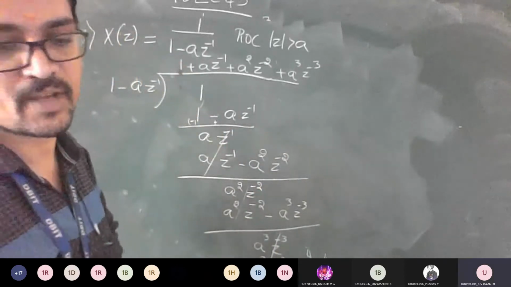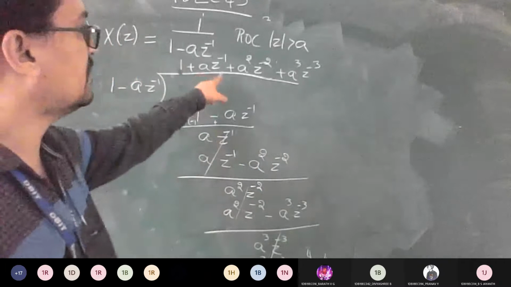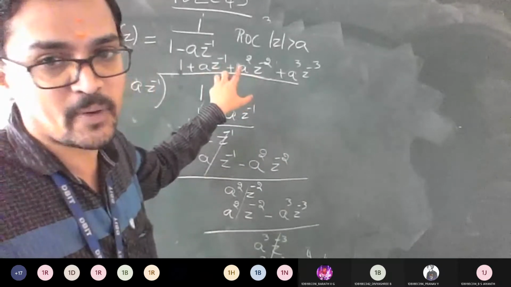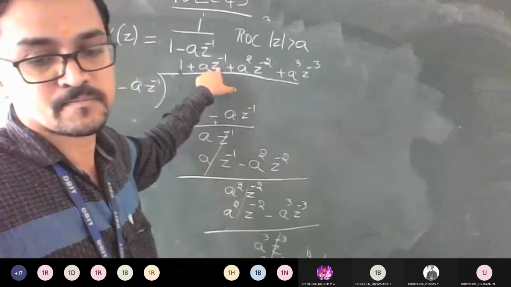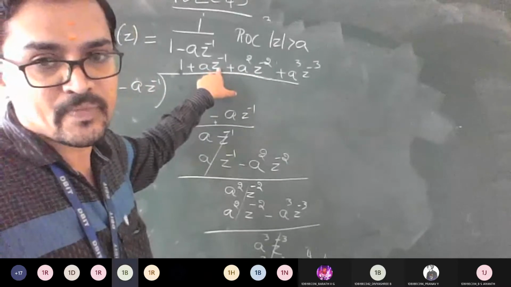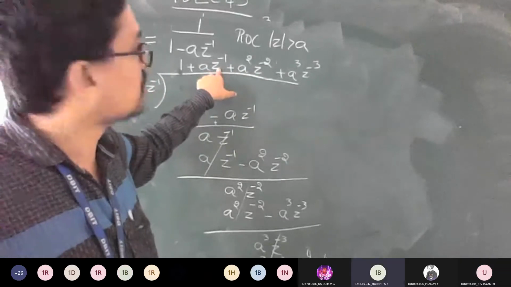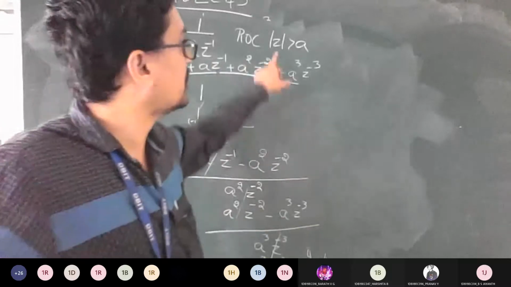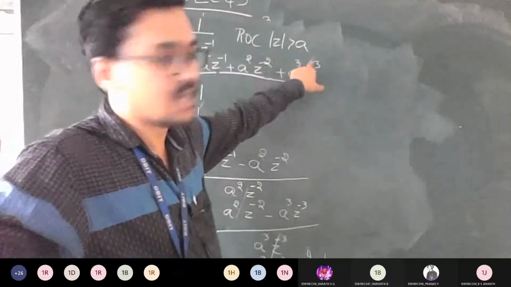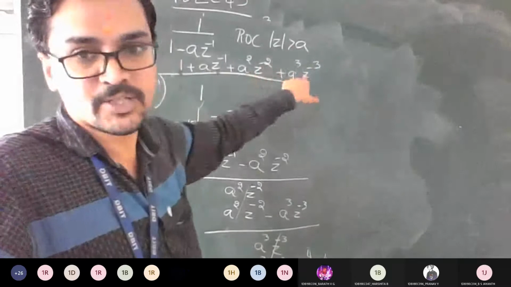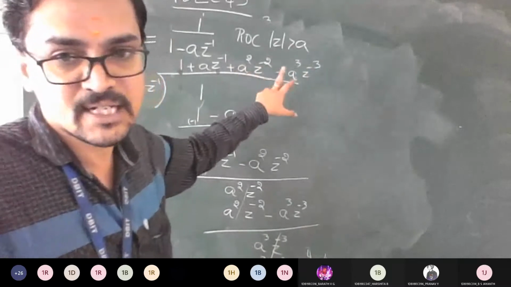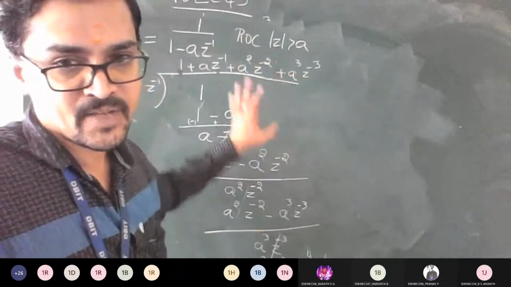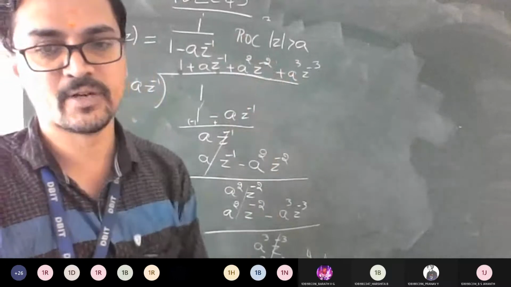Yes, sir. Good. So now you can see how the power of z is there. Is it negative power or positive power? Negative power. So always remember, whenever you solve the long division technique for z greater than a, a will have positive power and z will have negative power. If you do the reverse concept, you get the reverse answer. Is this okay till here to everyone?